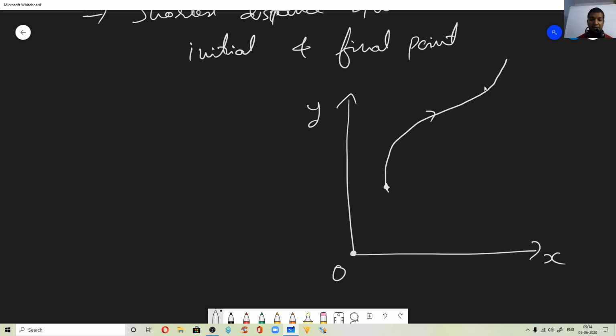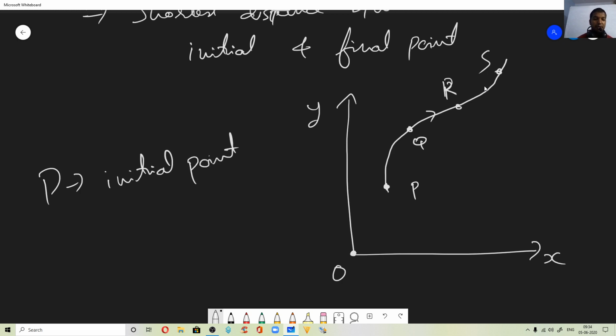Fine, let us not speak about time. Now the toy car is going from point P to point Q, then to point R, then finally to point S, let us say. You can consider the initial point and final point depending on your choice, right? Now if I say take P as the initial position, and you take Q as the final point, we can say P is the starting point, Q is the ending point.